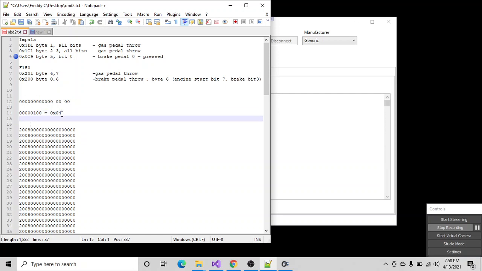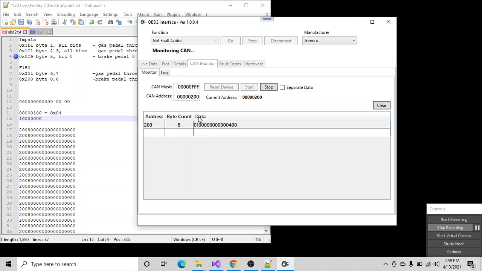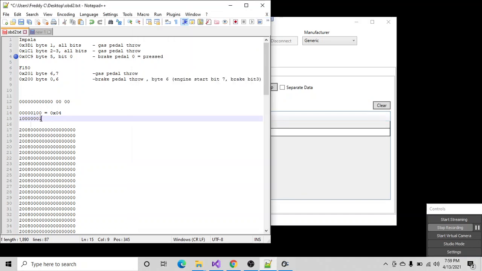Byte 7 is the first one: 7, 6, 5, 4, 3, 2, 1, 0. So when I hit the brake, oh, that's actually byte 0. It's byte 0. That's 1, not byte 7. Bit 0. So this equals 0x01. So when this